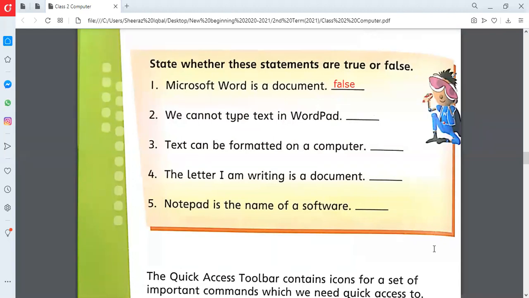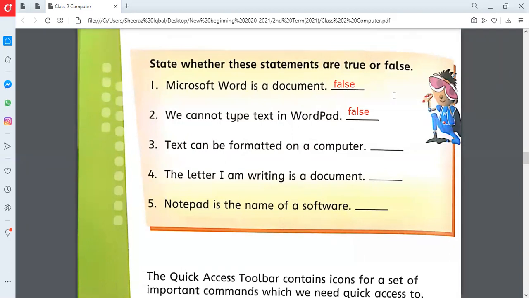So the right answer is false, because of the name of the program. See, the name of the program is WordPad, a pad which is used for writing words. The name is WordPad, and we cannot type any text, any word, any number? How is that possible? So the answer is false. Yes, Majid Awad, you are very much right. That's great. You guys are participating very well. Okay, so the statement is false.